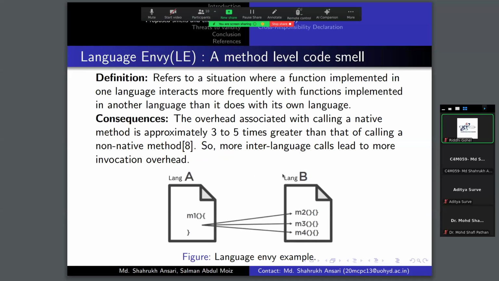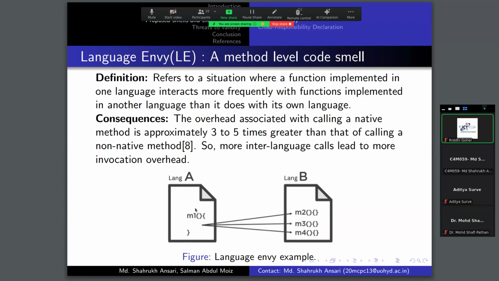The first code smell is language envy. It is a method level code smell. It refers to a situation where a function implemented in one language interacts more frequently with functions implemented in any other language than it does with its own language. Like here in the example, we can see that M1 is a method implemented using language A, and M2, M3, M4 are methods implemented using language B. And here we can see that M1 is calling more methods from language B compared to the methods in